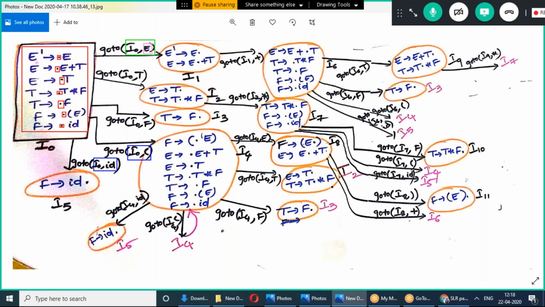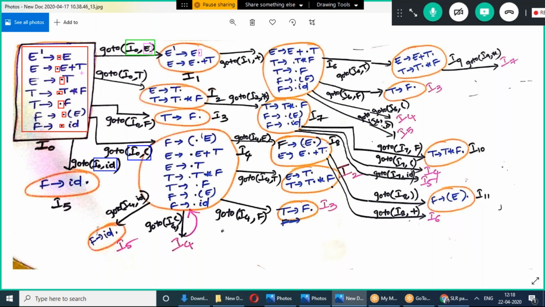So we consider these two productions, and the dot has to move to this side. E dash tends to E dot. Then the other production, E tends to dot E plus T. Whenever this dot moves this side, it becomes E tends to E dot plus T. After the dot we got a terminal symbol, so we'll leave that as it is.